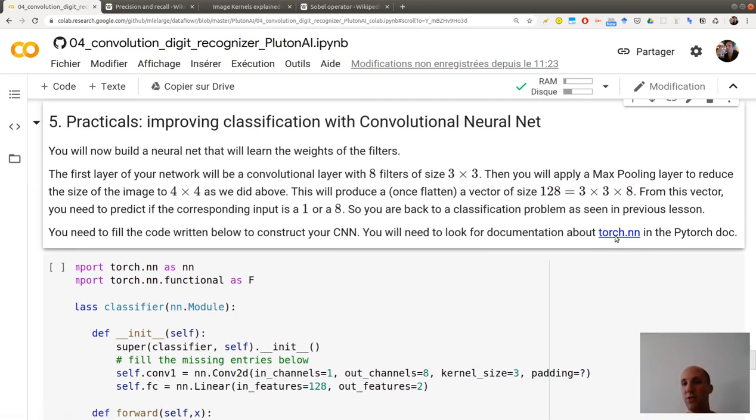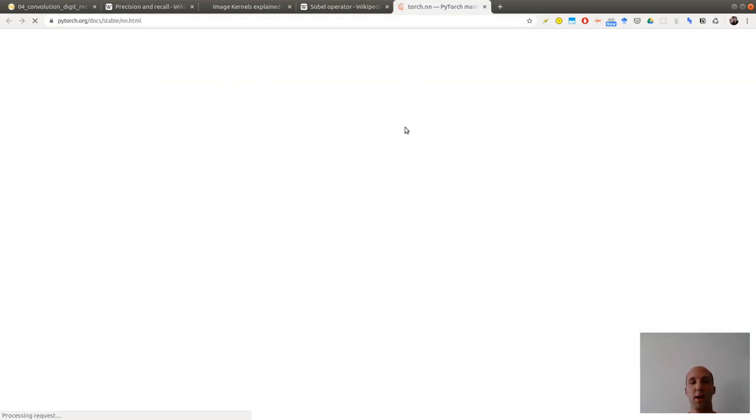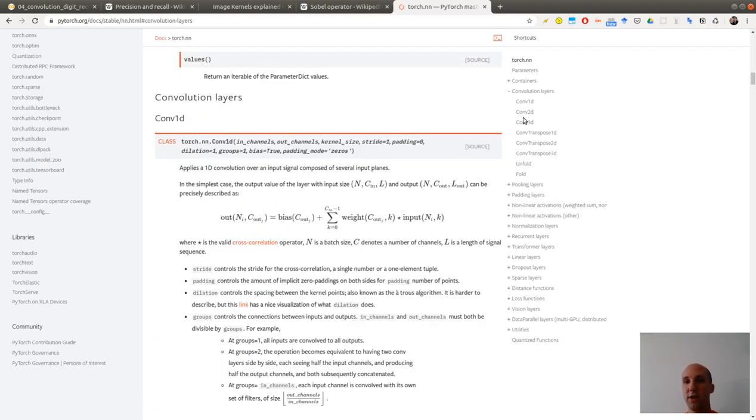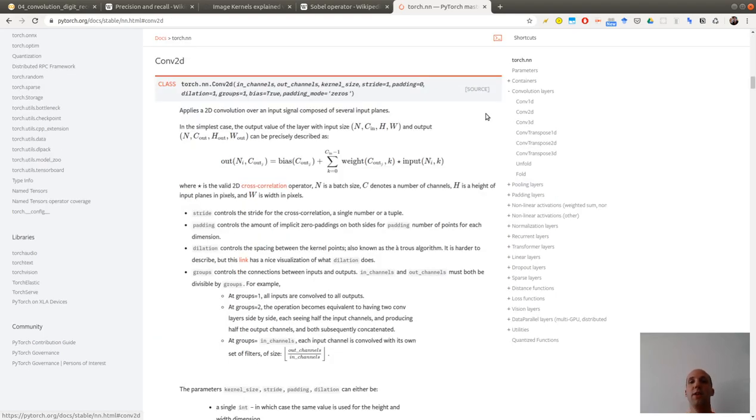For this, you need to understand how convolutions are encoded in PyTorch. So you can have a look at the convolutional layer here, and this is the documentation you need to read to understand how to use 8 different kernels of size 3 by 3.